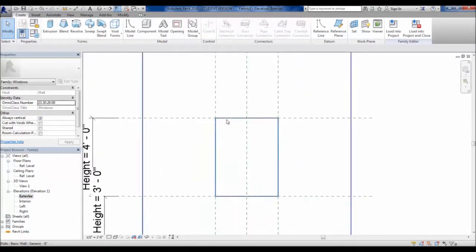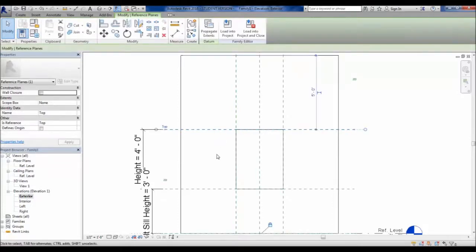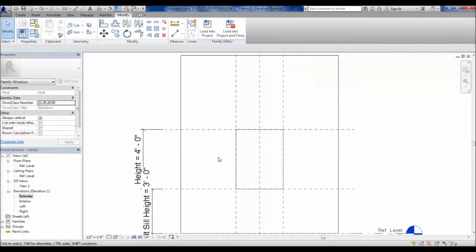Okay, and you can see here that we have the opening, as I mentioned, already set and already locked in to a certain size. We also have these green dashed lines, which are reference planes. Now, I always recommend when you're building a family, because it works a little bit easier, that whenever you're drawing any sort of geometries or dimensions, you always use reference planes when you draw them in,